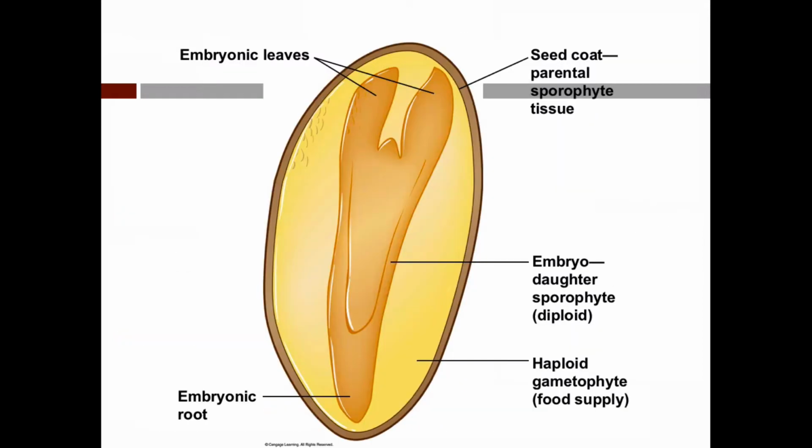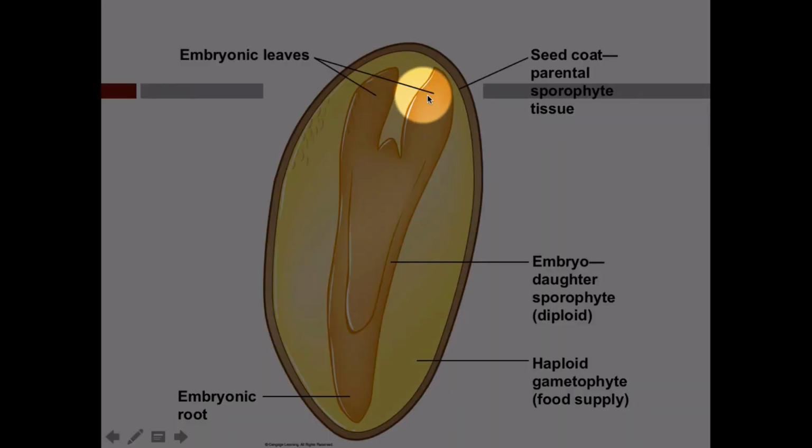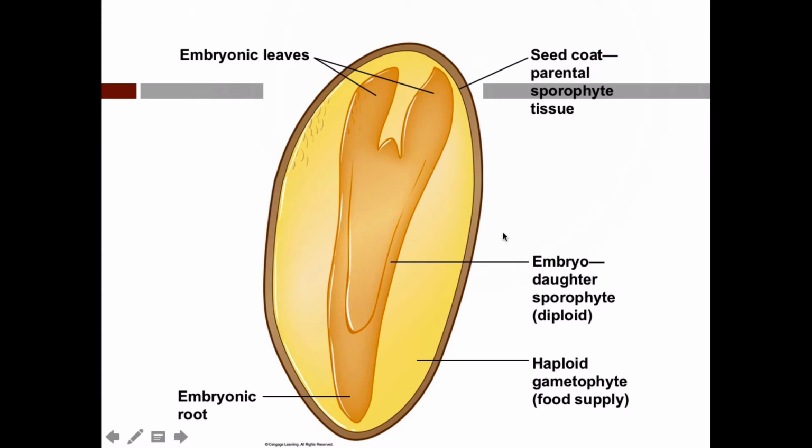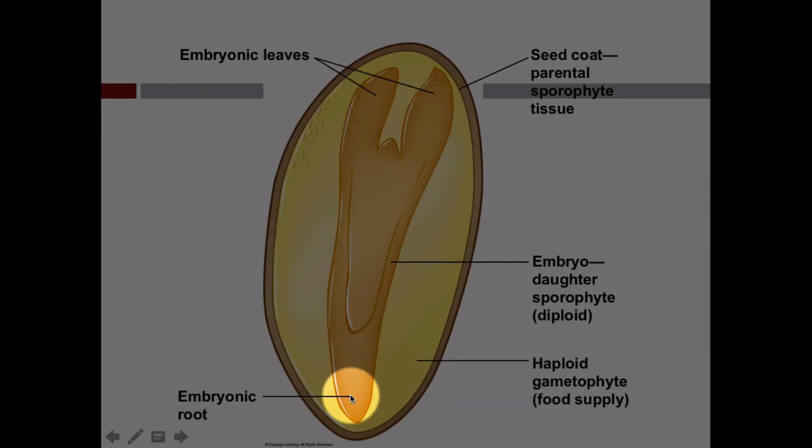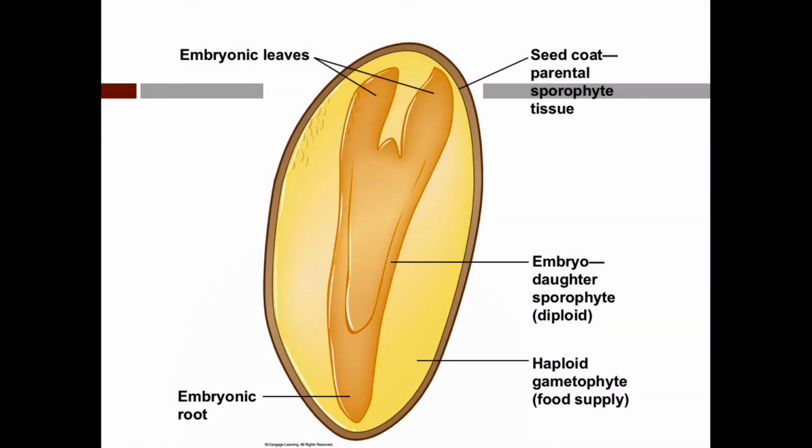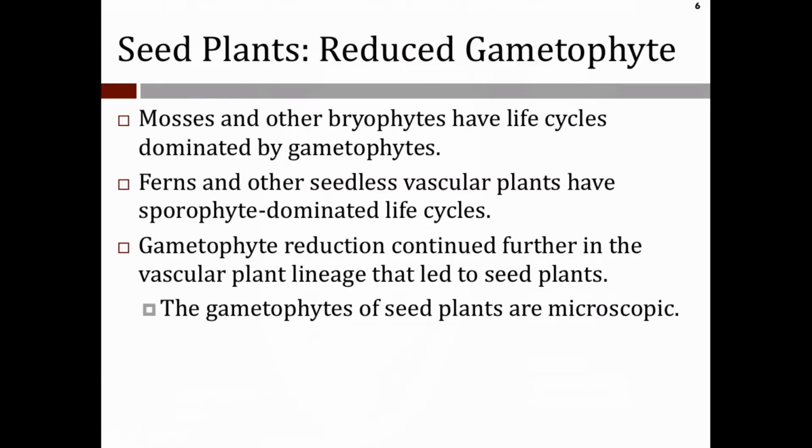Here is another photo of the seed. This shows the two embryonic leaves, the seed coat, and the rest, such as the embryonic root, and thereafter the food supply, and I'll get more to this later. This is a bit of a review. On your own, please take your time to review these things. I've gone through this already in the overview.